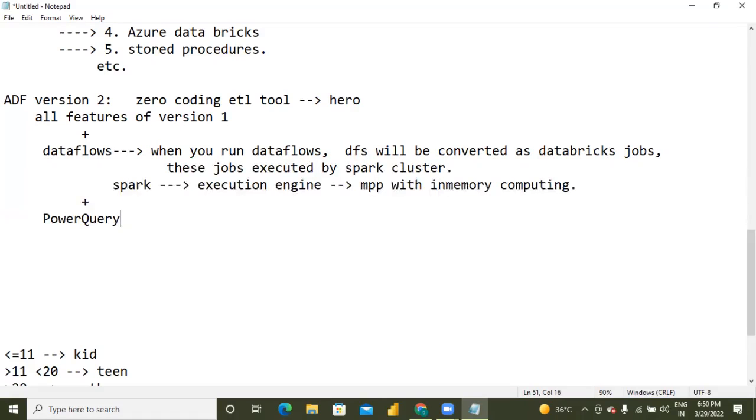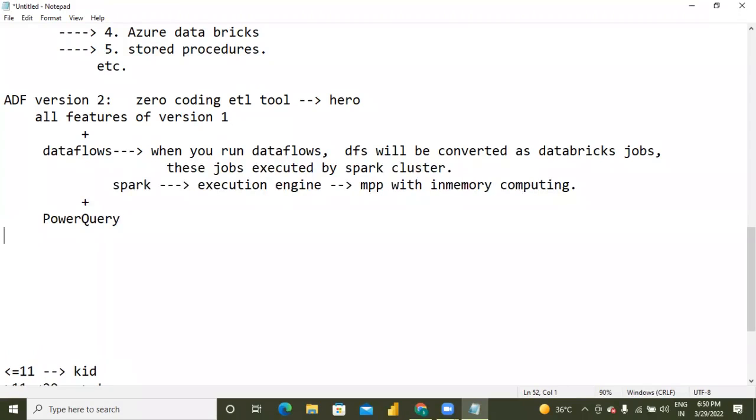Recently means, sir, don't put 2 years experience on Power Query. Power Query was introduced in ADF only 4 months back. Understand the point, sir? Data flows were introduced in ADF only around 2 years back. Don't put 3.5 years experience in data flows. Don't say like that. But unfortunately, interviewers are accepting this. But don't worry. If you go through the Microsoft documentation, you will get to know at what time which feature was launched. According to that, you can move.